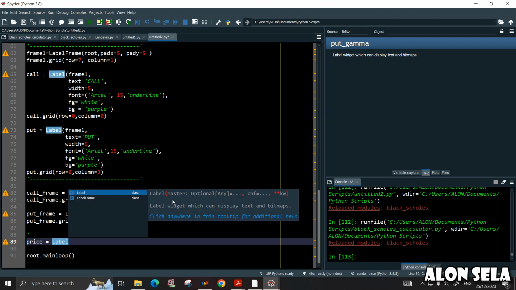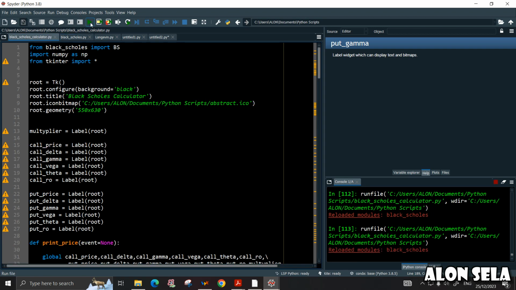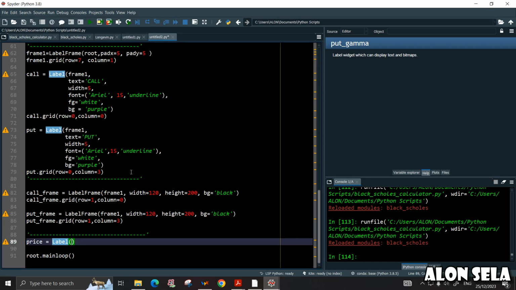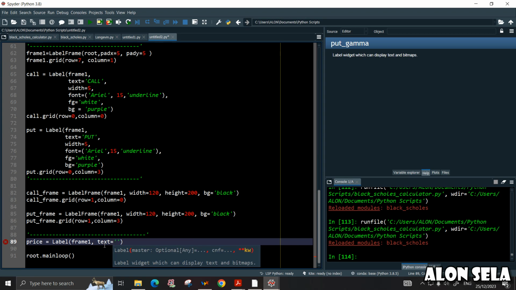The label price is inside this frame, which we called frame 1. So all of these labels need to be inside frame number 1. The text will be price,